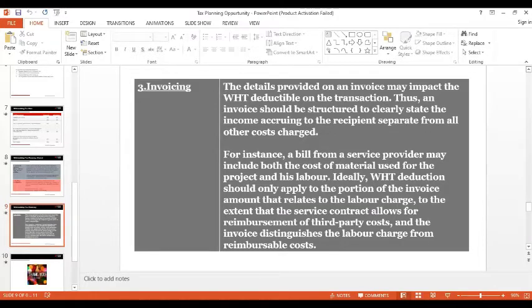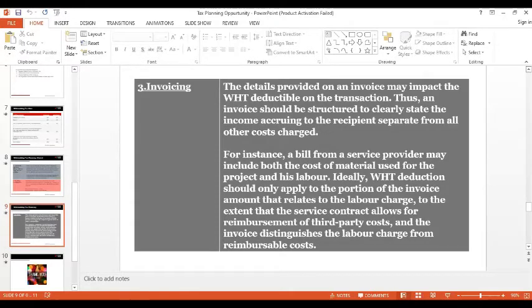But if you are very deliberate, you are conscious, and you want your withholding tax exposure to be reduced, kindly structure your invoice in a way that it shows how much of the contract you are going to use for painting, how much for cement, how much for sand,